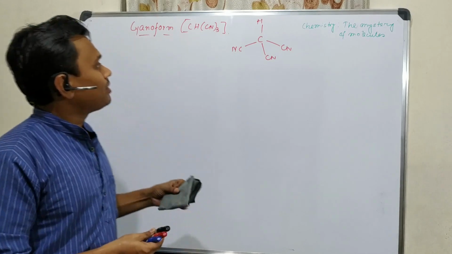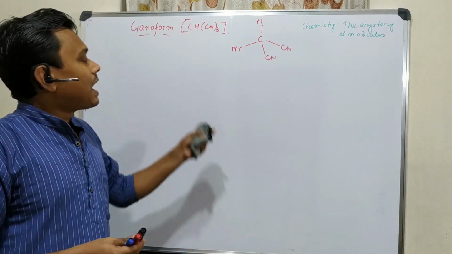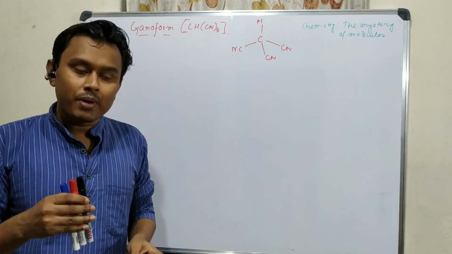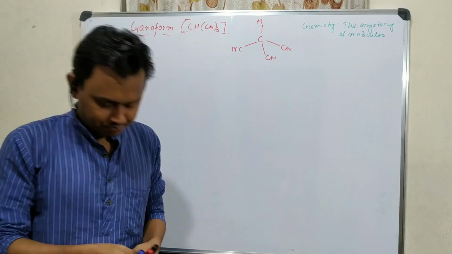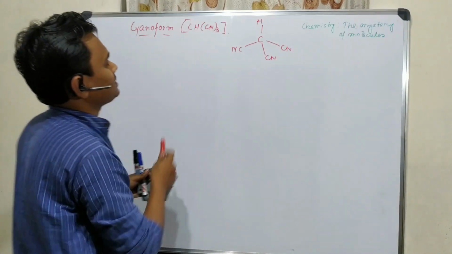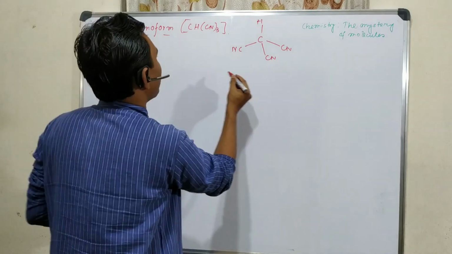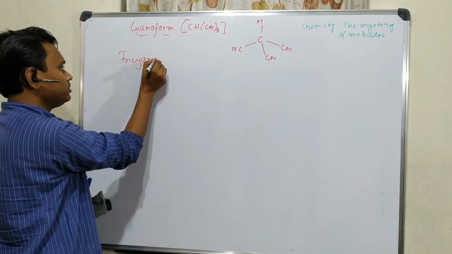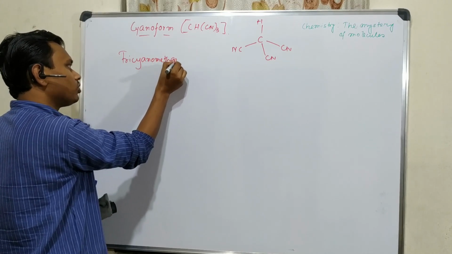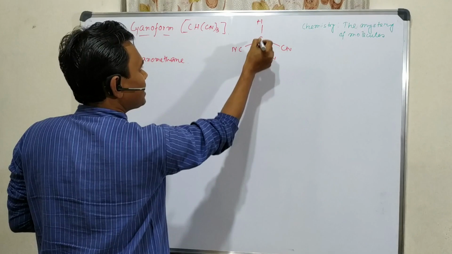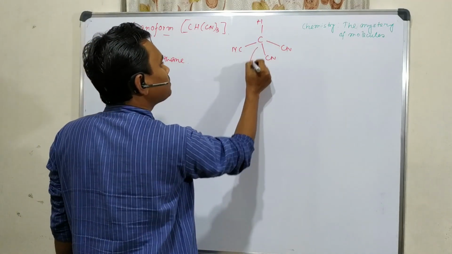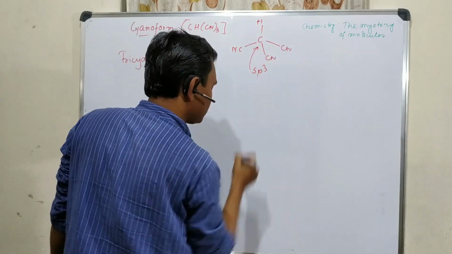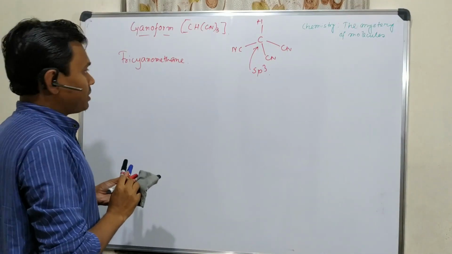So today we will learn mainly about the synthesis and the property of this cyanoform, mainly the acidity and its comparison with other haloforms. So let's start. First of all, from the name you can see this molecule is cyanoform, which means Tricyanomethane. Why? Because this molecule contains 3 cyano groups. So it is tricyano and it's a methane. The central carbon is sp3 hybridized, so it's tetrahedral.